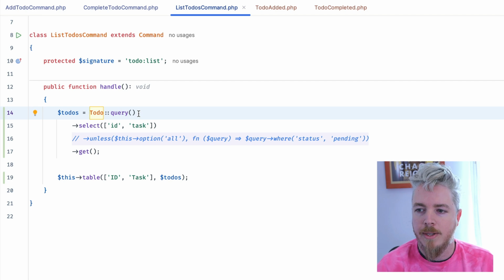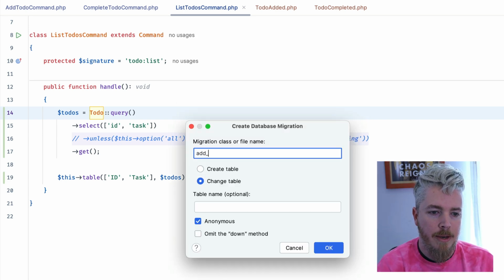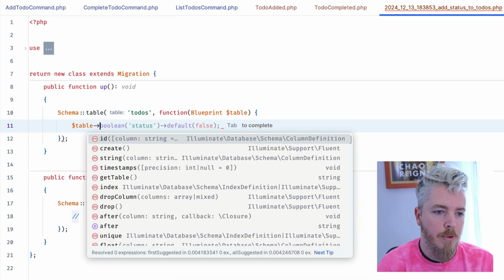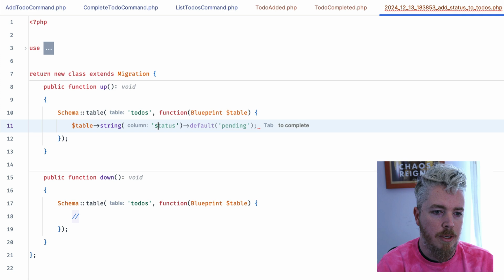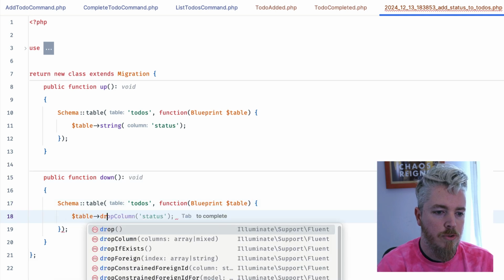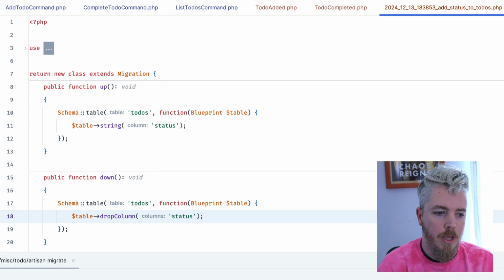Let's go back and say that we want our done status, right? So we're going to do the whole thing. We're going to add a migration, add status to to-dos, right? And we'll do table string status. We won't give it a default. And we'll table column status. Okay. So if we migrate,